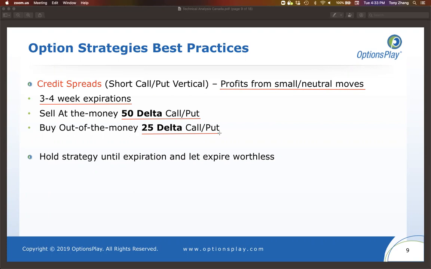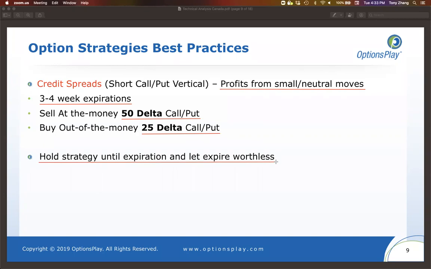for buying that option. And with these types of strategies, you'll typically see that for every $100 in income that you receive on a credit spread, you're roughly going to risk about $200 on that specific trade. So these have poor risk to reward ratios, but they typically have much higher probabilities of success. Because these are option selling strategies, you want to hold these until expiration and let them